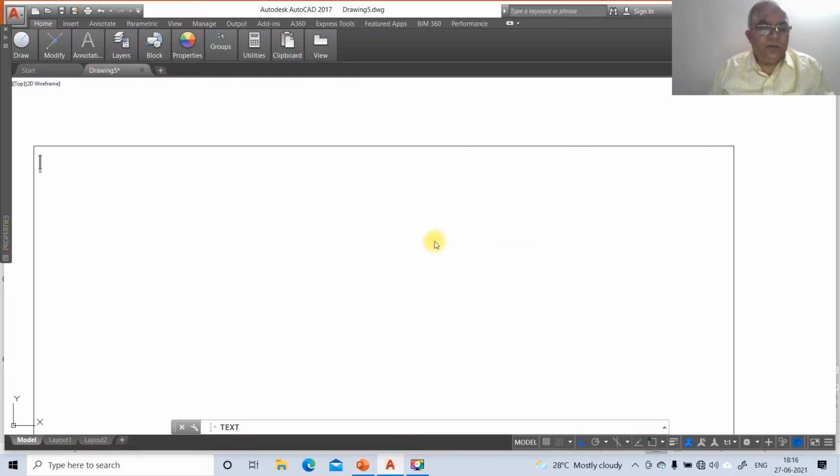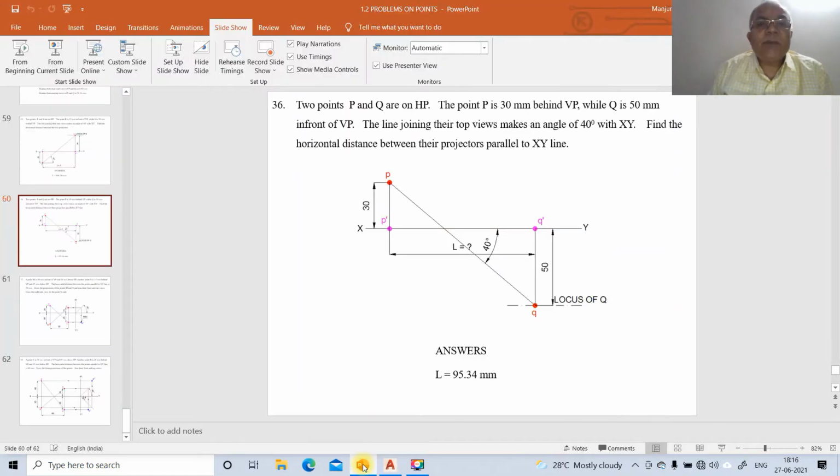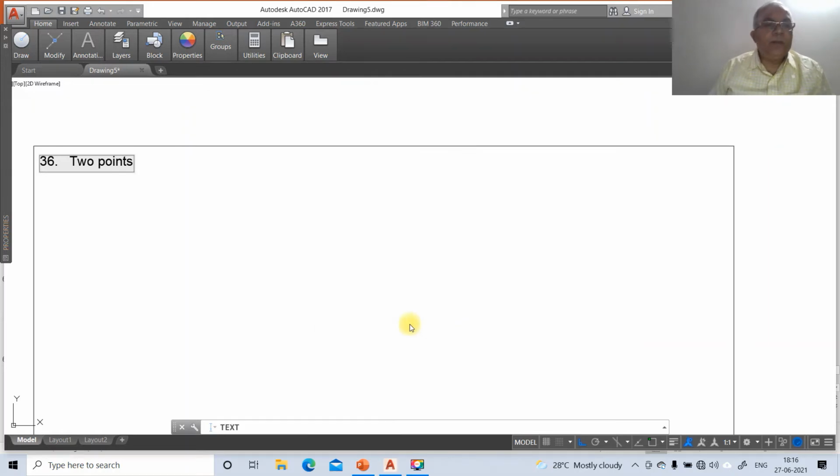36. Two points, capital P and capital Q, are on HP.